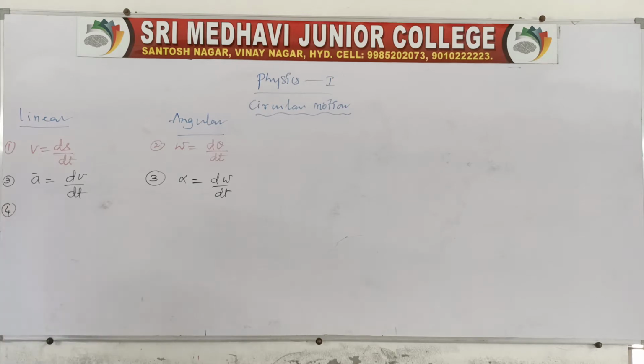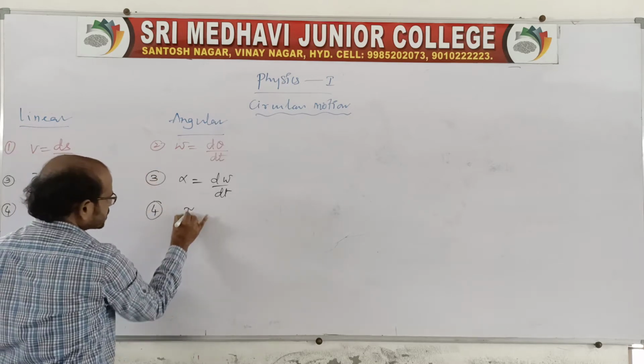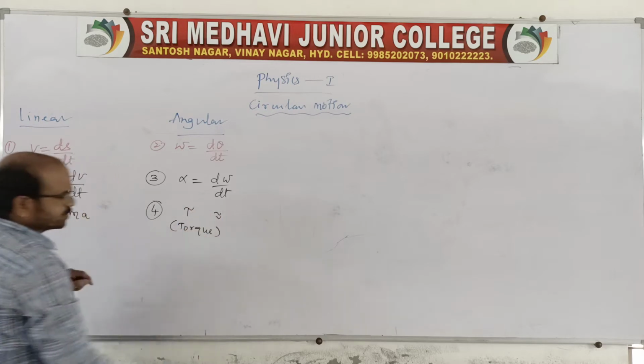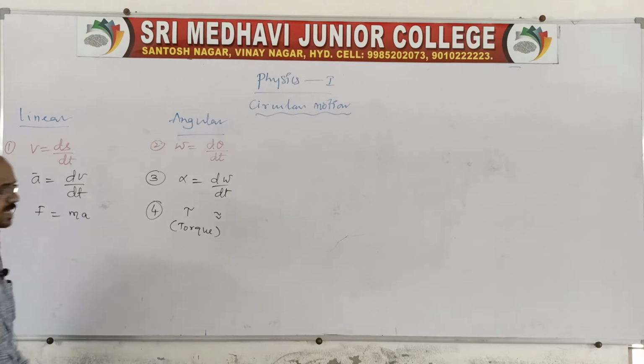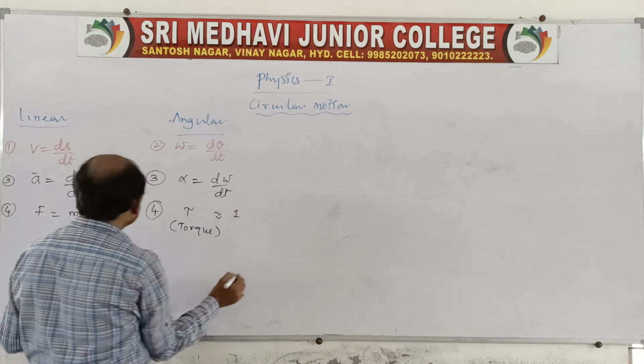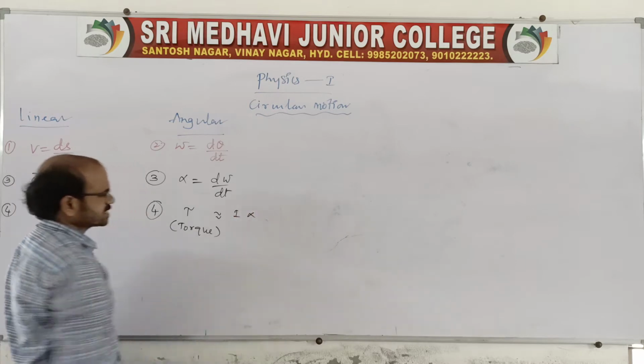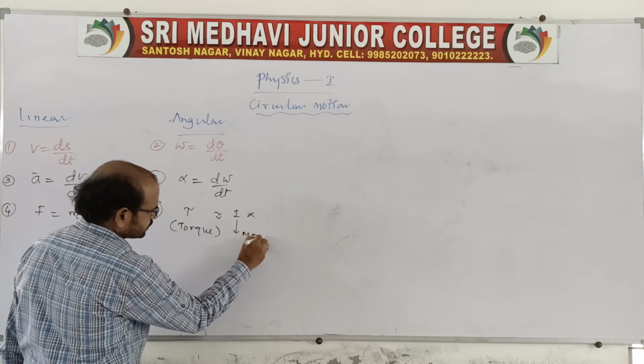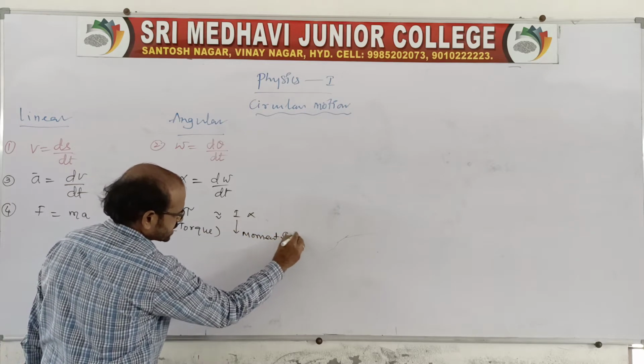Suppose it is related to F is equal to ma, Newton's second law, which is in the next chapter, but right away I'll give you the comparison between the linear and angular. Here the force is represented in the linear. In case of angular it is represented as a torque. You write here torque, T-O-R-Q-U-E. Torque is equal to, right? Here m is replaced by moment of inertia, and of course a is nothing but acceleration. So this is the moment of inertia.